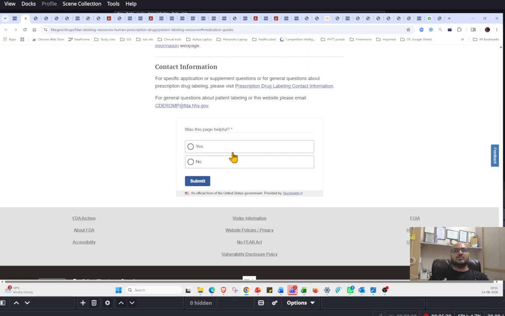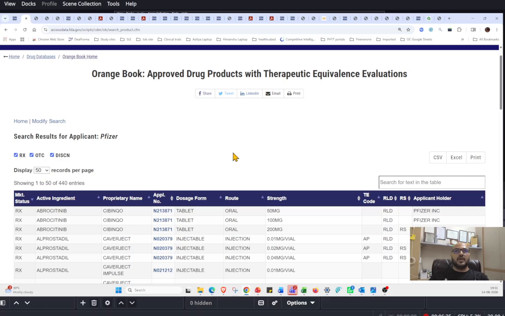Now, one would ask, how are we going to use it? To track any competitor drug, you will use this for that information. You will also use it for tracking what are the